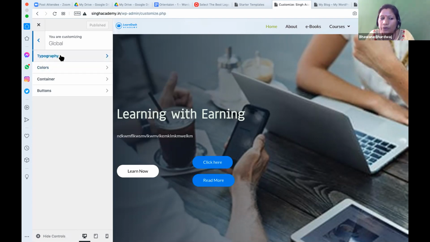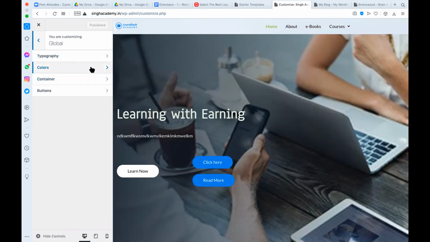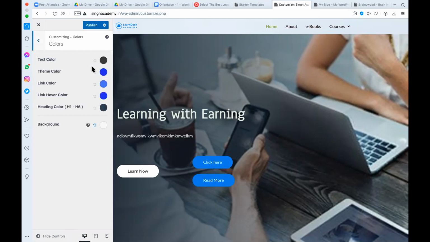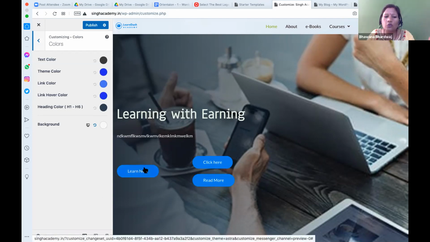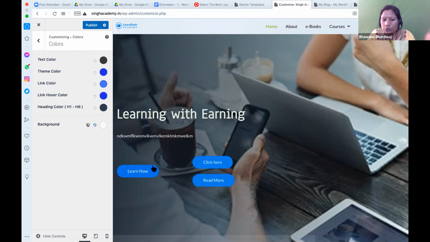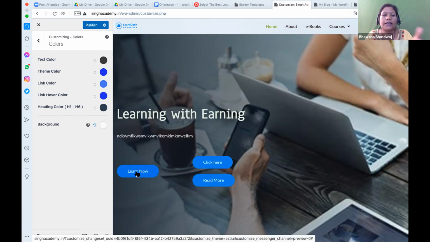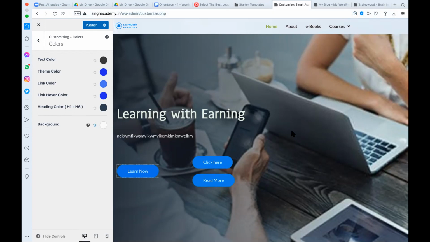So typography means what kind of typography you are using for the text. Ma'am, but one button is not in blue color, no ma'am. 2 are in blue and 1 is in white. So you can go and change that. It's to stand out. It might be possible that to stand out you keep one button in red. Like okay, the demo button. Demo is the most important button. All the buttons are in that color and demo is in red. Something like that. But in that case, where do we have to change the color?